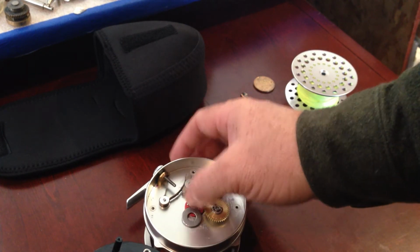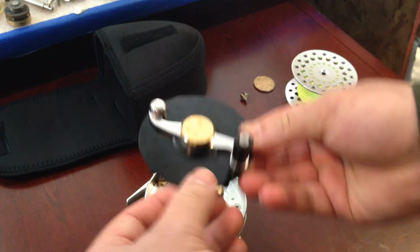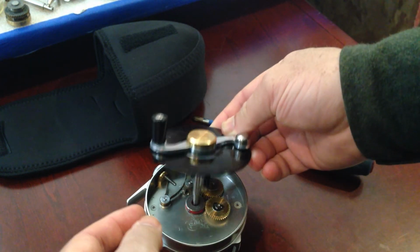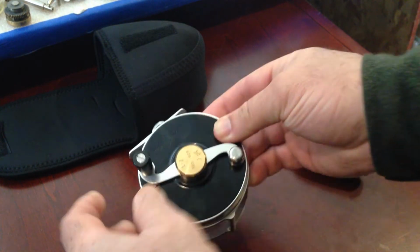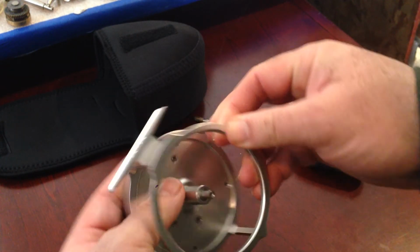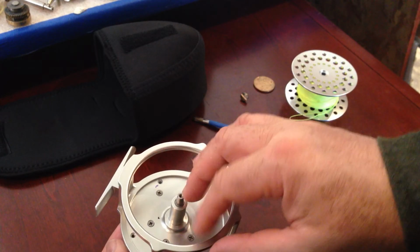And then when you assemble this, once you've converted the reel over, when you put this back in, just make sure, well, there's no requirement that it's lined up, but you'll line the Farlex brand up to the top, slide it in, line the gear up, and what I like to do is I'll turn it over, and I don't know if you can see this on the video, but when it's lined up top dead center, the screws should start lining up, and then you can put the 4 screws back in,